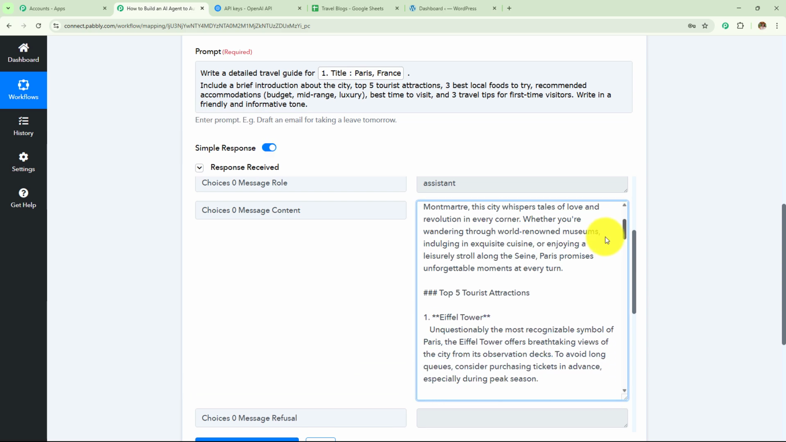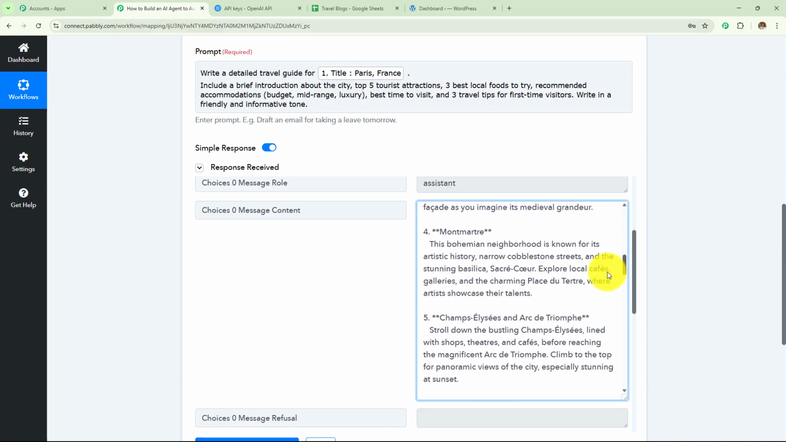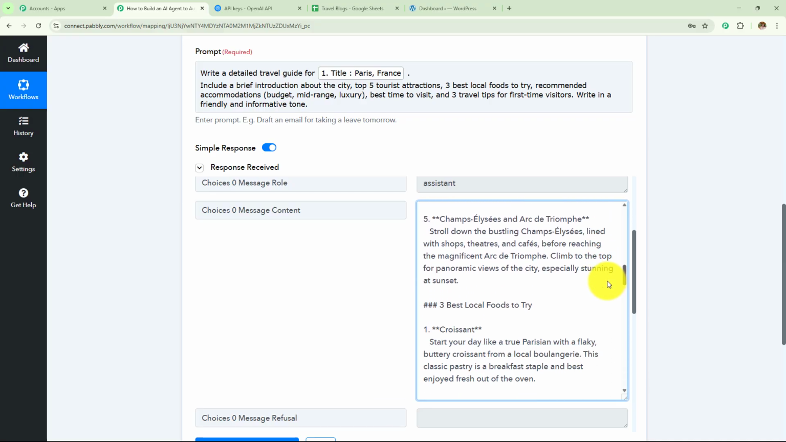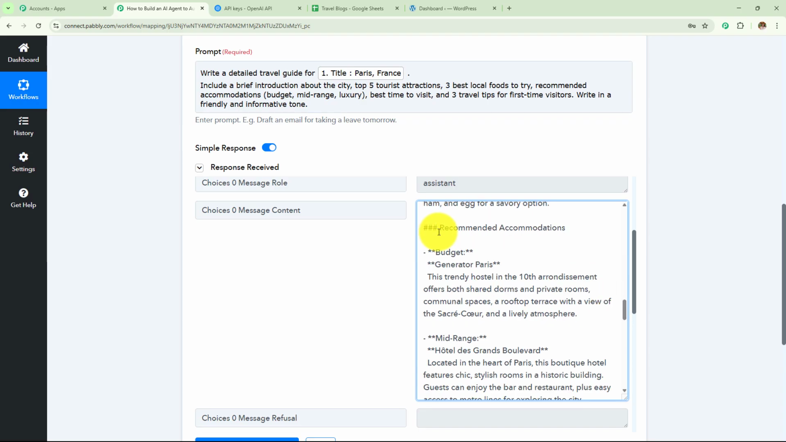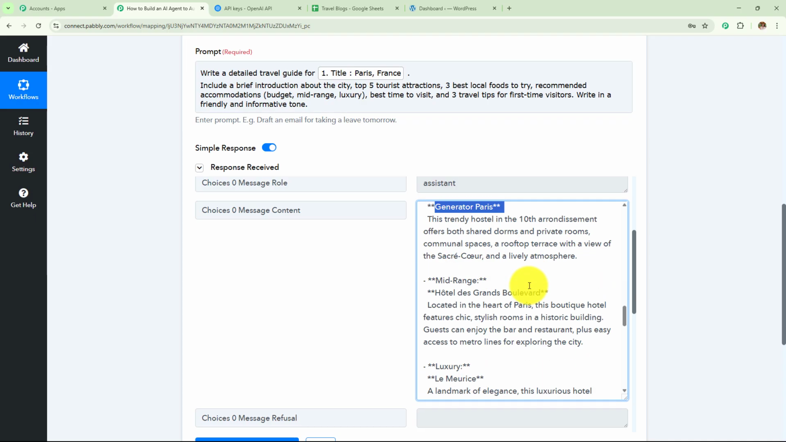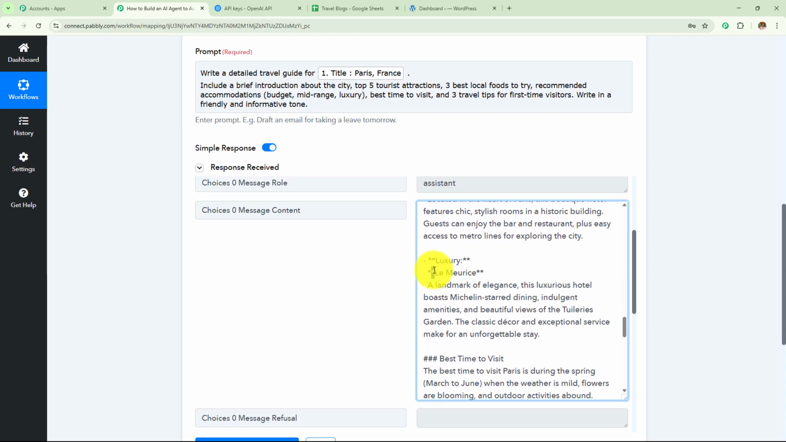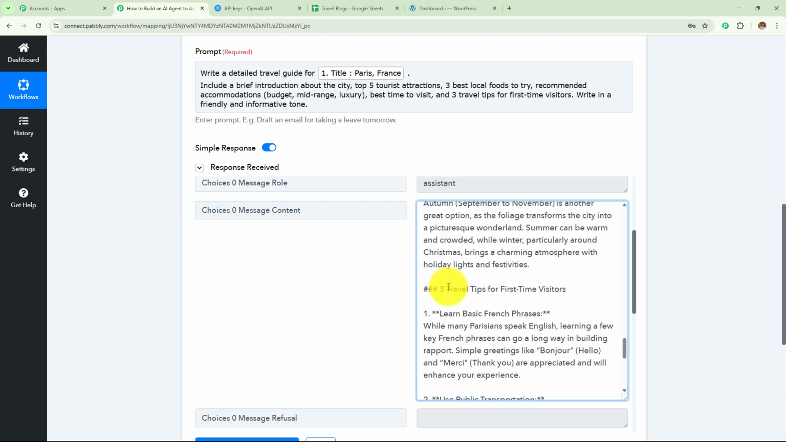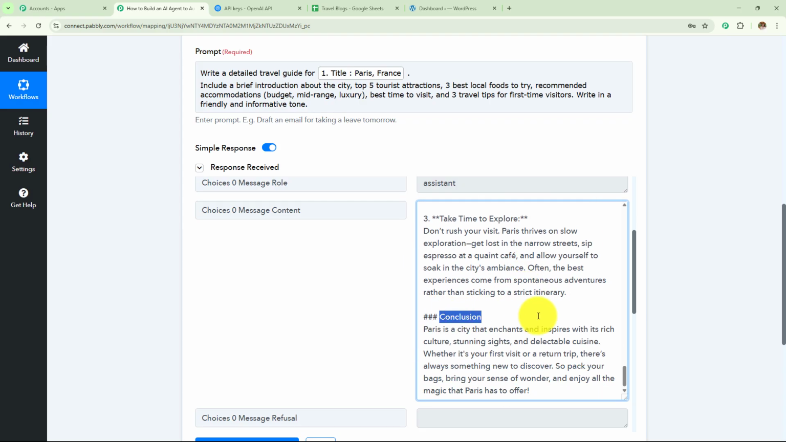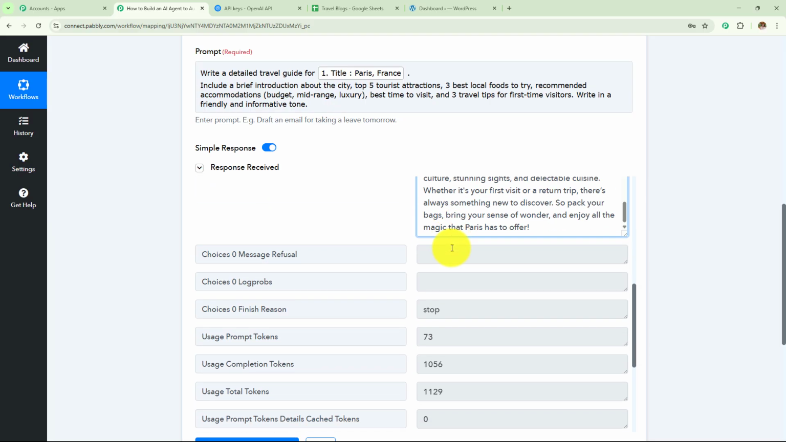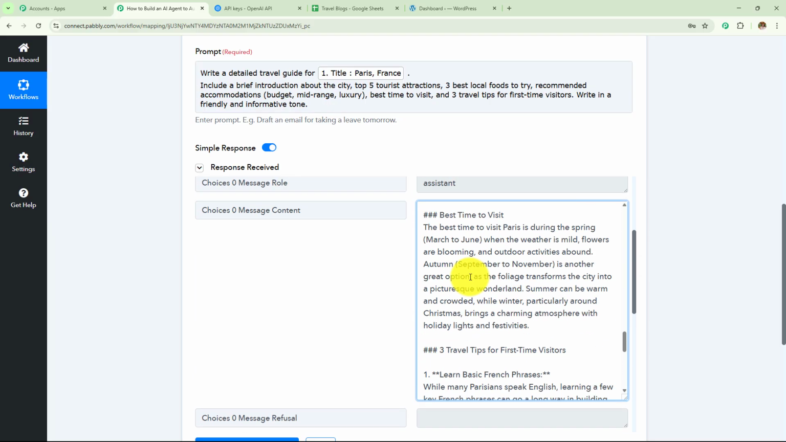We have received the introduction, the top 5 tourist attractions, and then we have received the 3 best local foods to try. And then we have received the recommended accommodation. We have received the budget, then the mid-range. We have received the luxury, the best time to visit, 3 travel tips for first-time visitors, and then we have received the conclusion. Now here I have received all the details which I wanted to add to my travel guide,